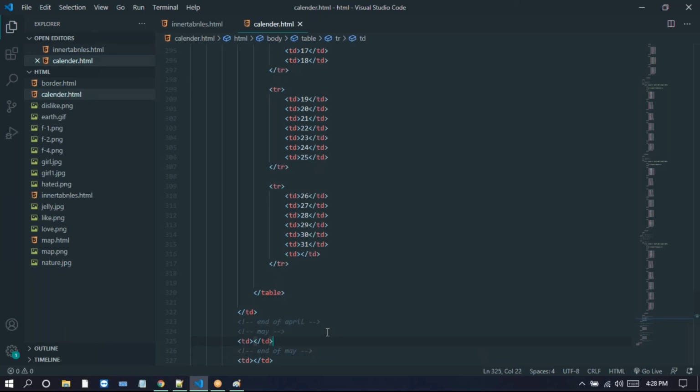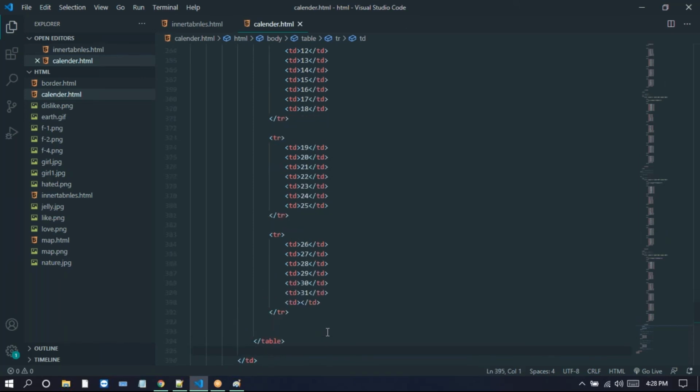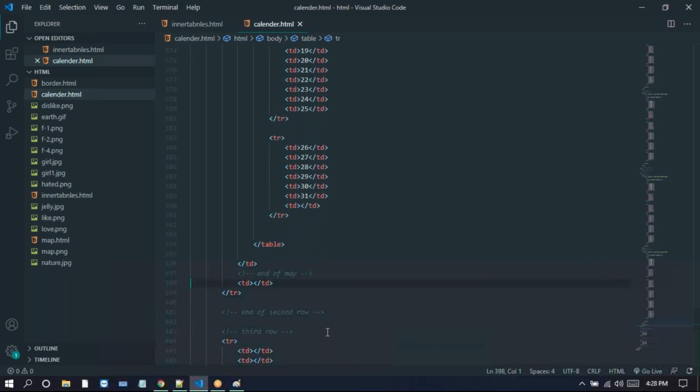Next we take what comes after the May. So we have June month here. So here I'm taking the June, and here is the end of this June. End of June. So we can put it in the comment. So here, end of June. So just copy this. Just copy the table here. Now just copy this table.